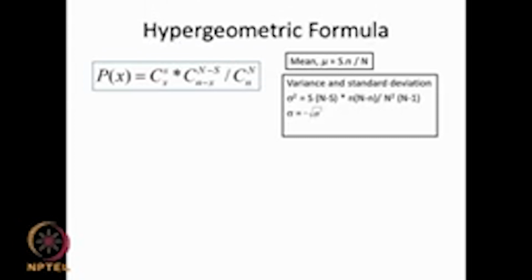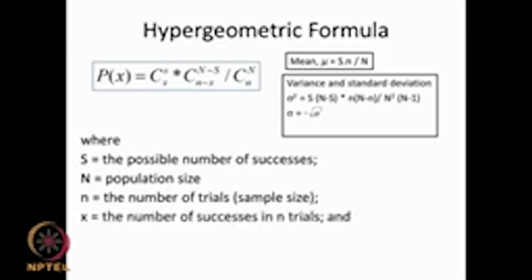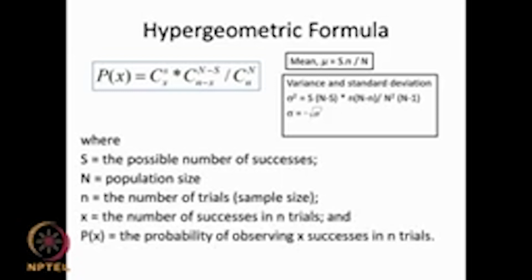So, hypergeometric is a distribution which looks at situations where the population is not very large, that means the sample size is almost in the ballpark figure of the population, unlike a normal distribution where the population is very large, almost infinite. So, here the sample also is reasonably large, comparable to the population, and the probability distribution is given by this